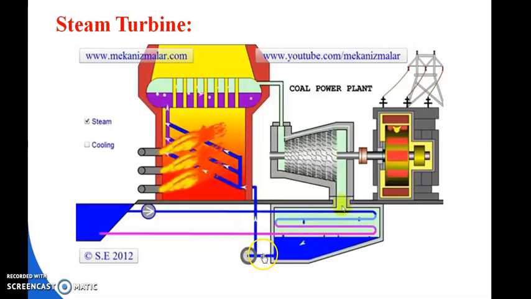And last, it is a pump. The function of the pump is to improve the pressure of the water to high pressure. So this complete cycle comes under the Rankine cycle, and this is very important in the thermal power station. The pressure developed in this condenser is below atmospheric, and that can be done by using the air extraction pump in the condenser. So in this way, we are getting the power. Now we shall discuss in detail.